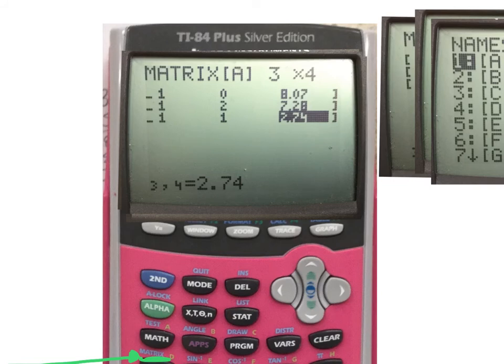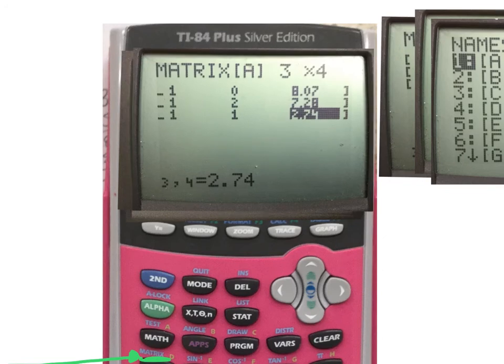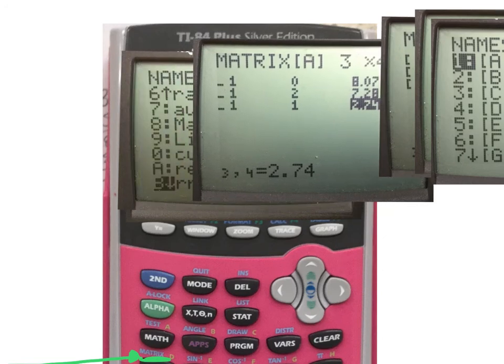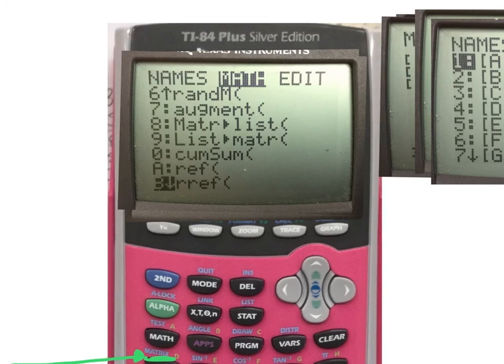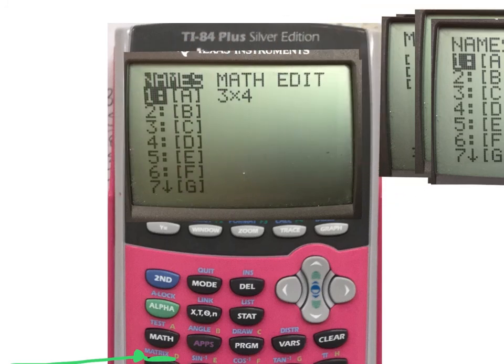All right, now that we put it in there, we want the calculator to actually calculate some things for us. So we're going to go back to that matrix menu. So you're going to hit that second button in matrix again. And this time we're not in the edit category anymore. We already edited what we needed to. We're in the math category. And if you scroll down here, you find one that says RREF. Just trust me that that's the one that you need to pick. Option B, RREF. All right, so when you do that, it's going to pop up, and it's basically asking you,